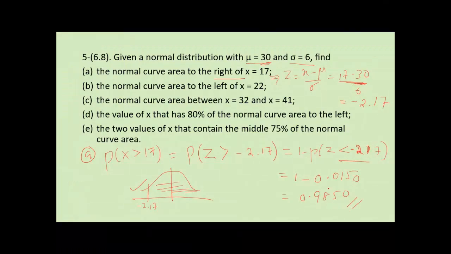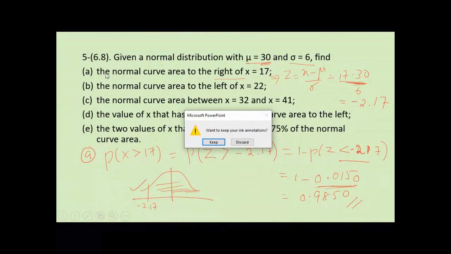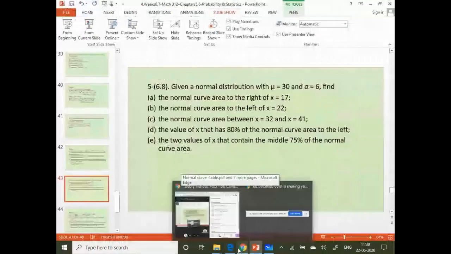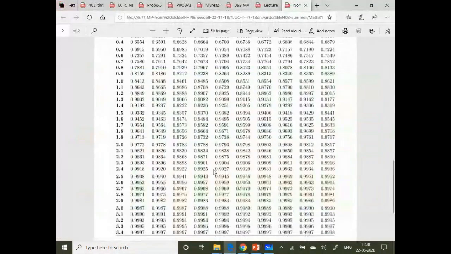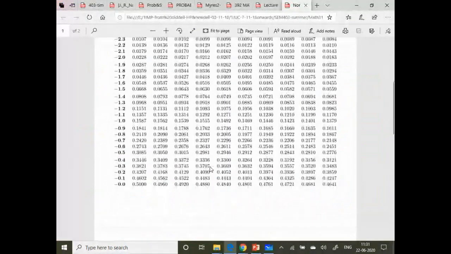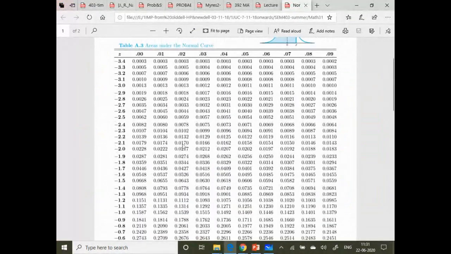Okay, this is the answer. From the table, you can verify whether the area less than negative 2.17. So for case A, I will verify, and for the other problems you have to verify. You can check. I leave it to you to verify 0.0150, less than negative 2.17. 2.1 is here, 7 is here. So 0.0150 is subtracted from 1. So that is your property. For other problems,